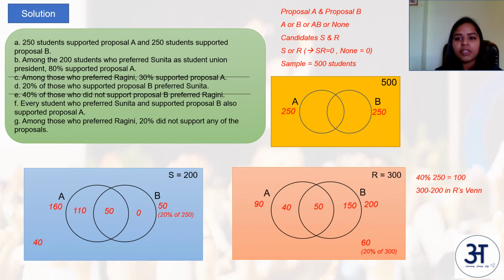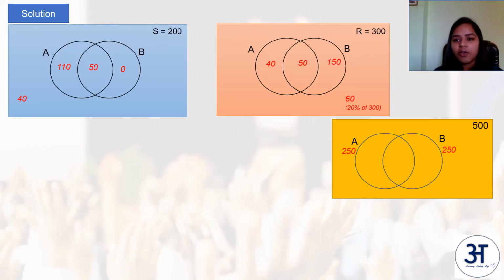Now let's move forward and look at the questions. Okay, before looking at the questions, let's also fill this yellow set. We know that N of A is 250, N of B is 250. N of A intersection B for the two disjoint sets R and S are 50 each. So N of A intersection B should be 100 here, actual one. So from there we get 150 as N of only A, 150 as N of only B. And those who don't support A or B is 100.